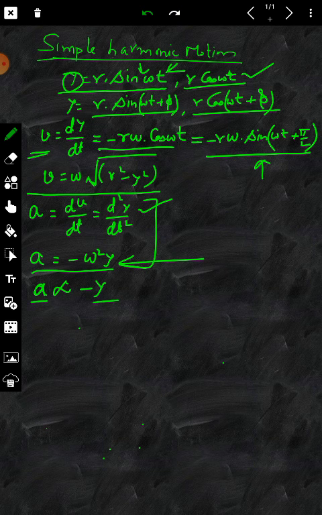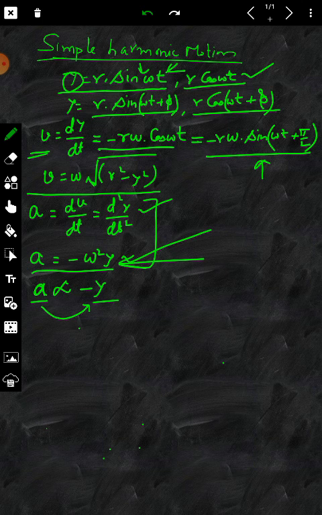So acceleration is always directly proportional to the displacement and opposite to the displacement. From here, it is clear that a simple harmonic motion is one in which acceleration is always directly proportional to the displacement and directed opposite to it. So this is how we check whether a periodic motion is a simple harmonic one or not. From the very same equation between acceleration and the displacement of the particle at any point of time, we can calculate the time period of the particle having simple harmonic motion.